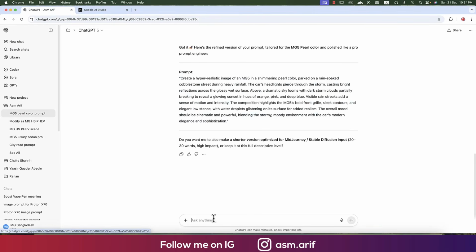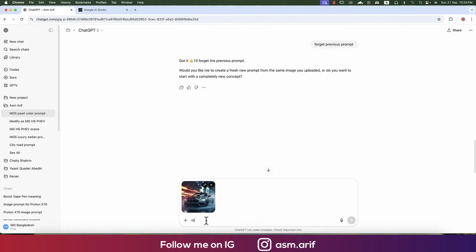You can just write over there, "forget previous prompt." Okay, just providing "forget previous prompt," it will forget everything. And now upload the new image, make image to prompt and